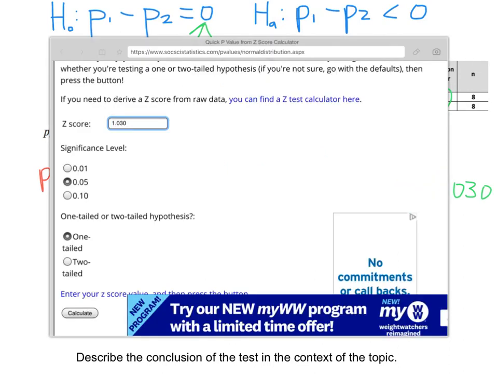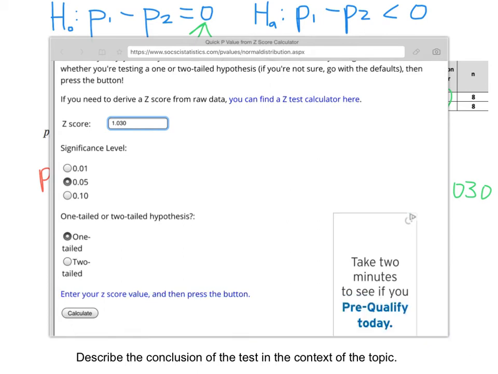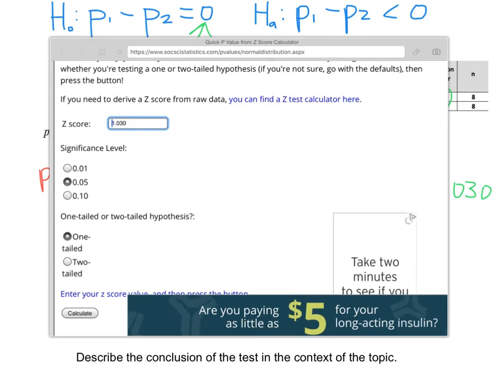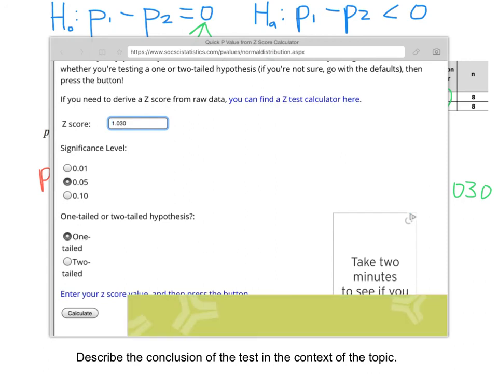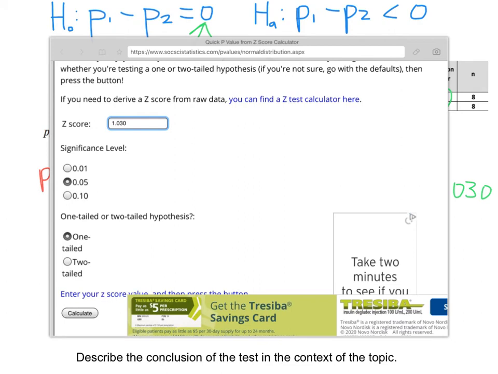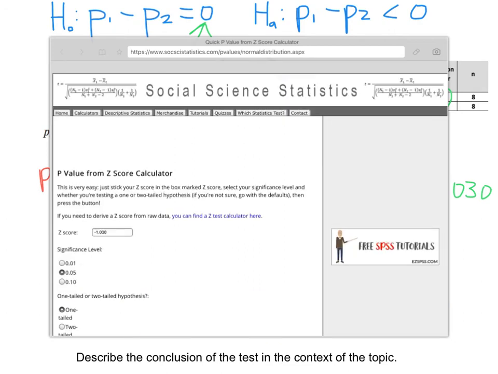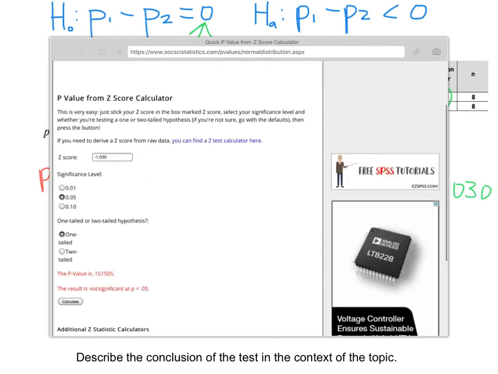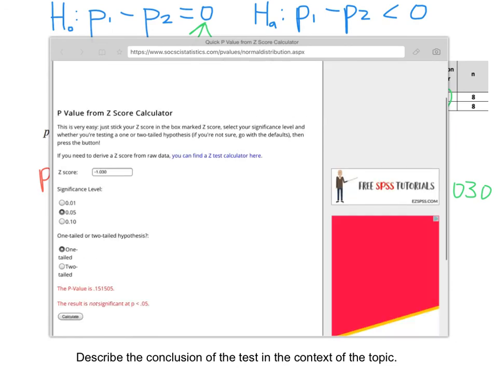1.030. To calculate the p-value, we're going to use the online tool for finding the p-value for a Z test statistic. Again, there's a link on Foxtail for this. Plugging in that Z-score of 1.030, I'm realizing I didn't put the negative in there, which it actually is not going to matter, but let's see, where's my negative? There we go. And the other thing is we want to indicate this is a one-tailed hypothesis test, and then we calculate, and that's going to give us a p-value of